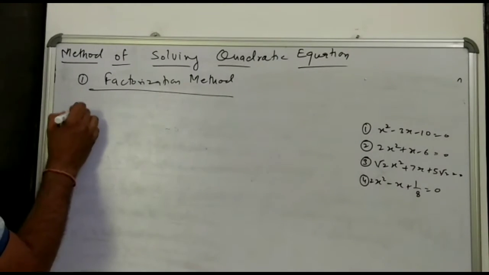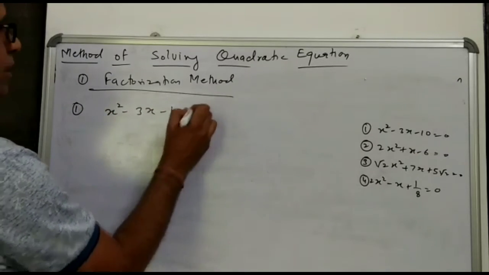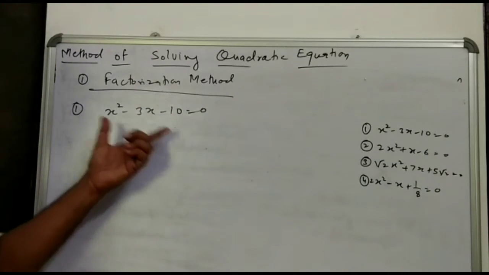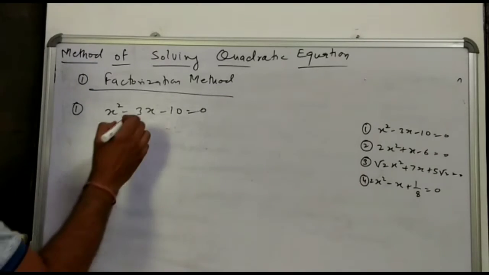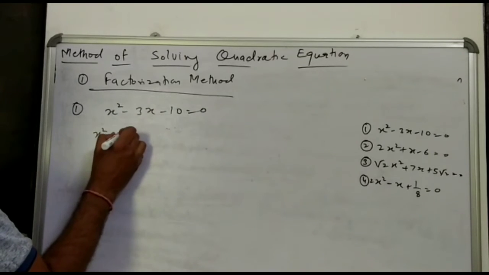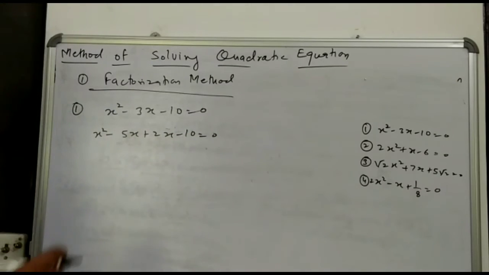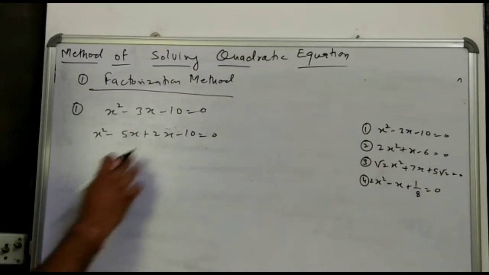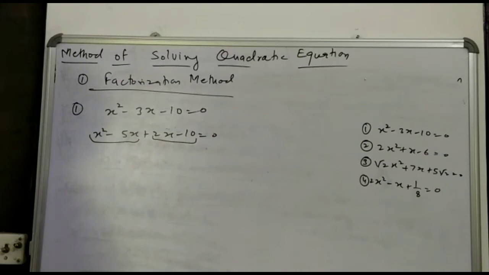Now in the factorization method, we start with the first sum. Last year, you read factorization by different means, and one method was splitting the middle term. That is, we have to split this middle term like this: x square minus 5x plus 2x minus 10 equals 0. Now in this, minus 5 plus 2 equals minus 3, and if you multiply these two, it will be minus 10. You recall this, you have read it in exercise 2.4, sum number 4, second last problem.